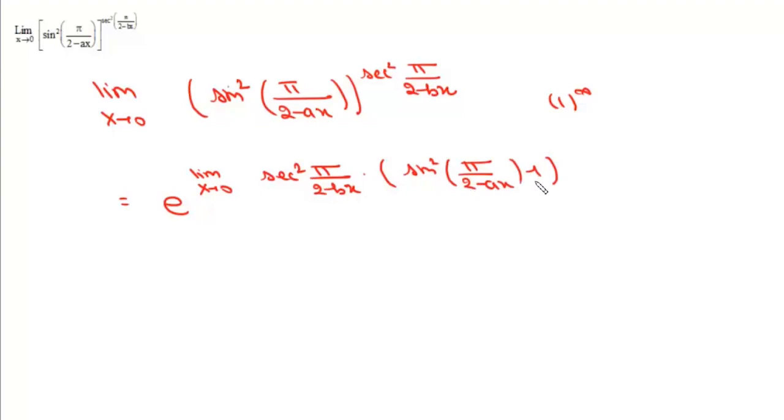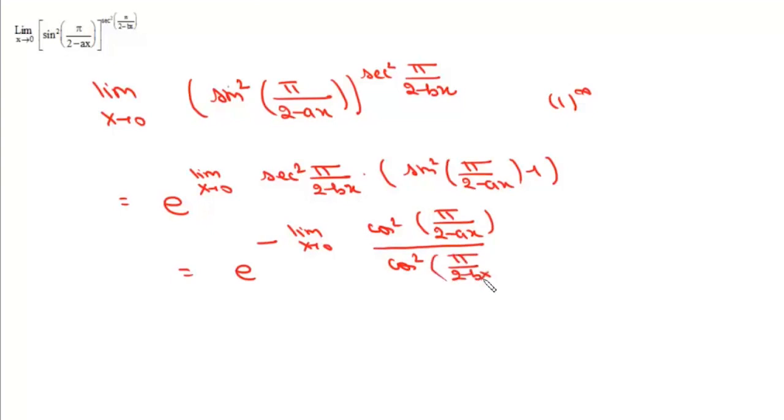Now sin square theta minus 1 is minus cos square theta, and we write the secant in terms of cos as well. So it'll be e to the power minus, and then this limit x tends to 0 of cos square (pi upon 2 minus ax) upon cos square (pi upon 2 minus bx). Now x square is a continuous function, so we can take this limit inside. So we can write e to the power minus, and then this limit x tends to 0